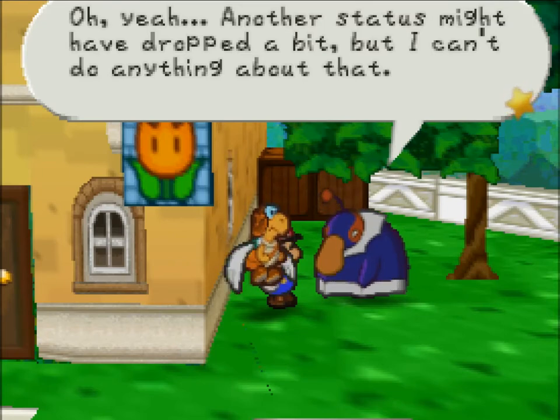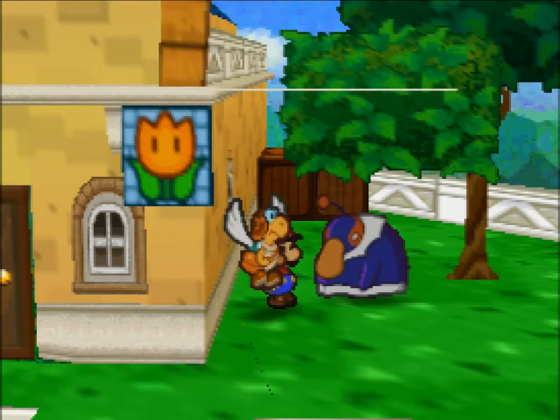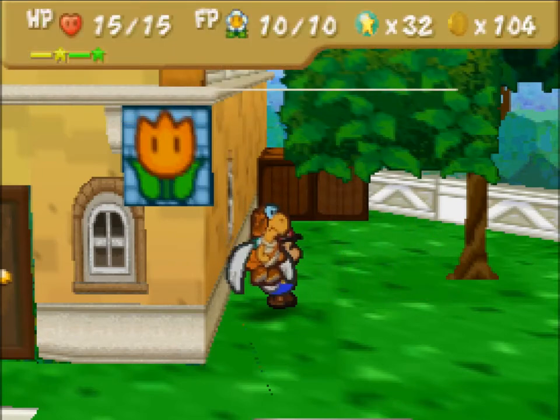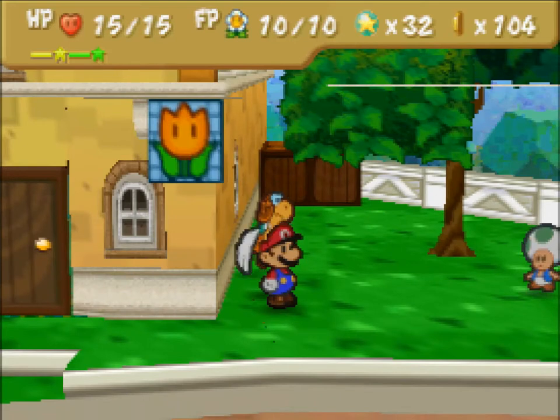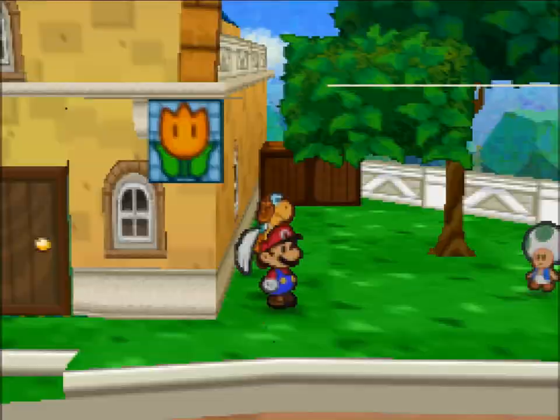Are you freaking... Okay. What? Wait, hold on. Another may have dropped a bit. Both HP and FP have dropped by 5. No, actually by more. No, by 5, because I got rid of the HP badge. Okay. Oh. This is...